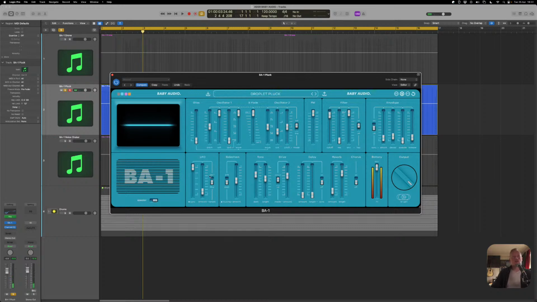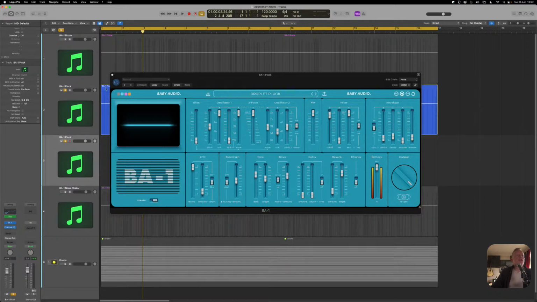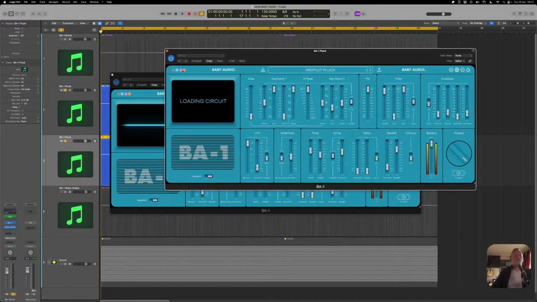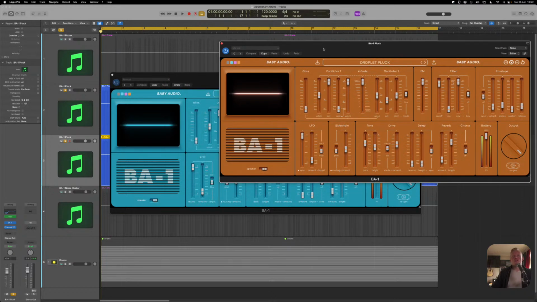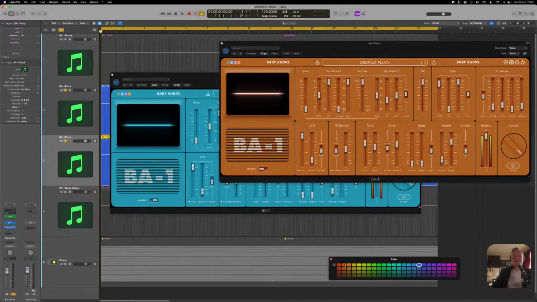Now, one of the things that's really cool about this is that it opens up the possibility of actually taking this version of the BA-1 in terms of the pluck. I can move the clip down here, or the MIDI region. But what I can do on this second iteration, which I'll just give this lovely orange color so we know what's going on, I can turn the speaker off. So what that means then, as I rather pedantically match my orange synth to my orange clip here,